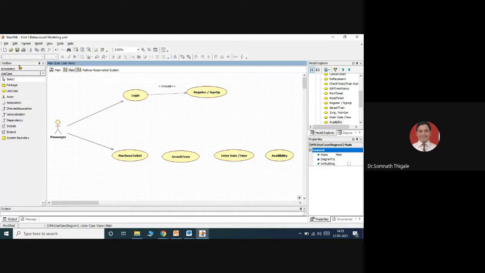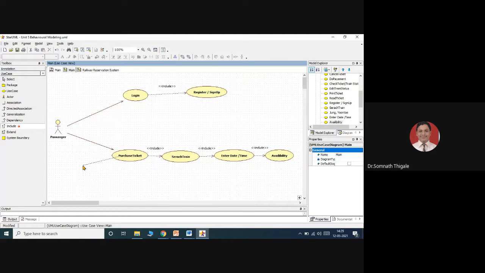Save this. Just a second. Okay. So this all will be as an included part. If available, then and only then able to confirm the ticket.